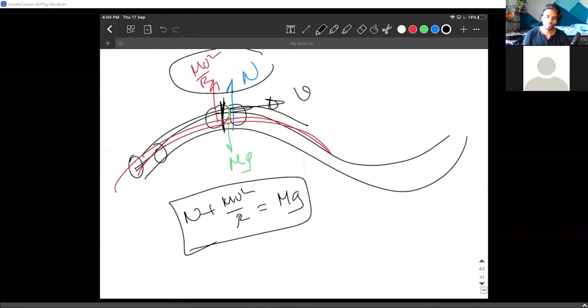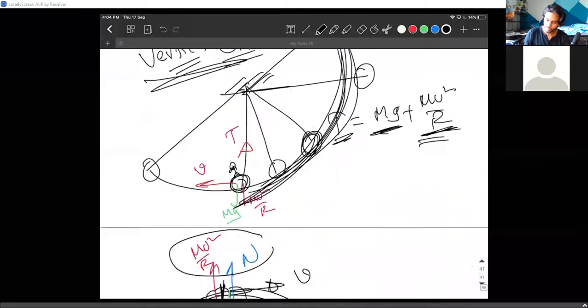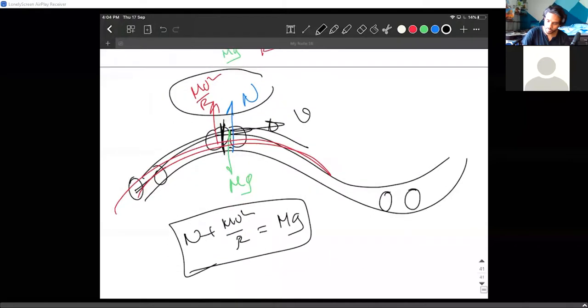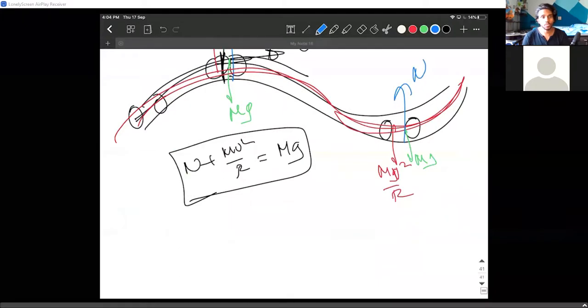Okay. So in this problem, when the biker is here, this is interesting, guys. Watch this thing. When the biker is in this part, he is going in a circular motion like this. So mv square by r actually goes downwards now. And obviously mg is downwards like all the time. And normal force is upwards. And you simply write the forces and you solve the problem.